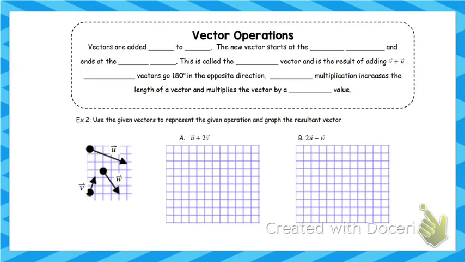All right, so now we're going to look at some more similar operations that you're used to: adding, subtracting, and multiplying by a constant. So the way we add vectors, we're going to look at this visually first, and then we'll do it algebraically. And it's actually easier algebraically than visually, I think. So when we add vectors, we add them from